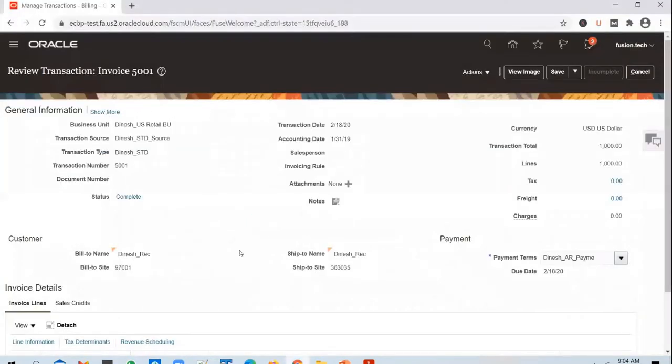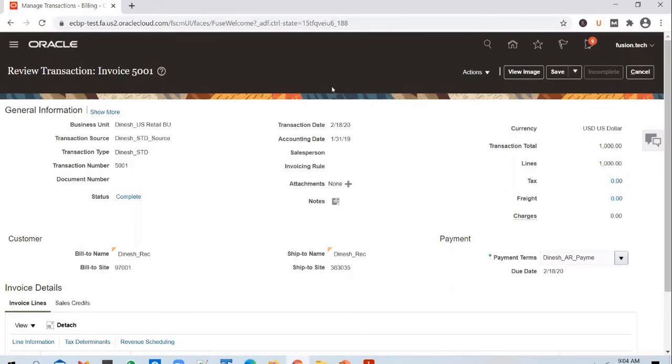So I need to pull this information from invoice. I need to pull the details from this particular screen. And the worst part in ERP Cloud, I don't hesitate to call it the worst part, is that you don't get to see the table which stores this information. In EBS, if you have a screen, you can figure out from which tables that information is being pulled. If you look at the record history, you will have a view, and if you look at the view script, you will be able to figure out what tables store the information, or from what tables information is being displayed.